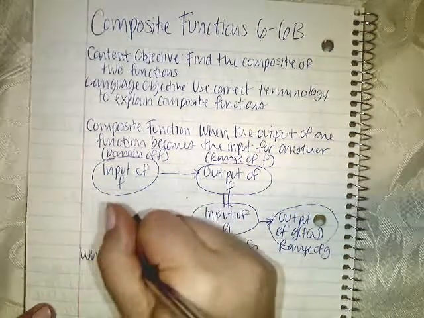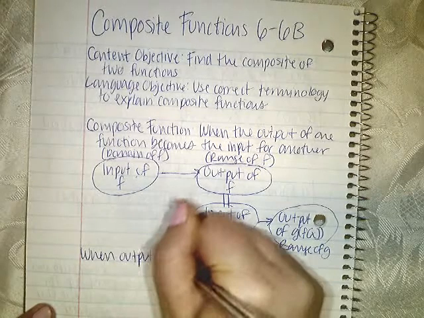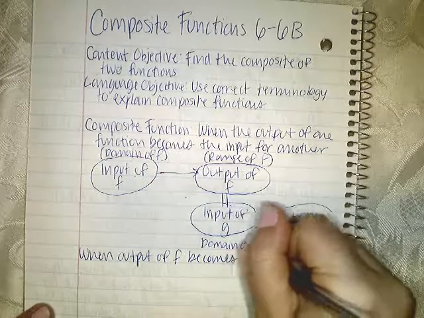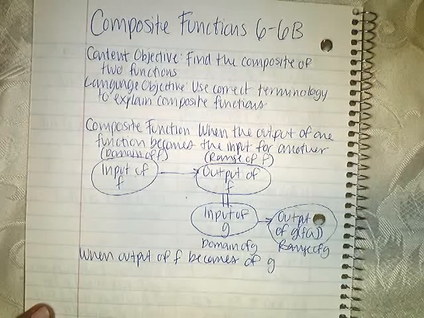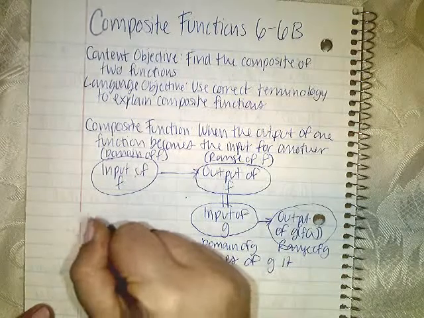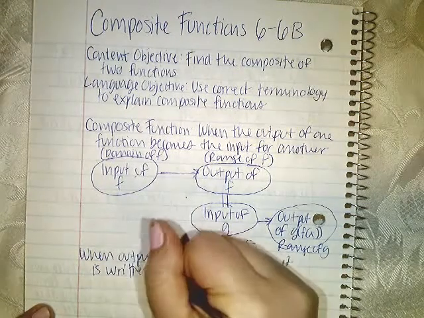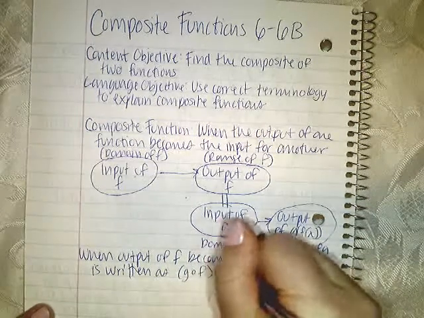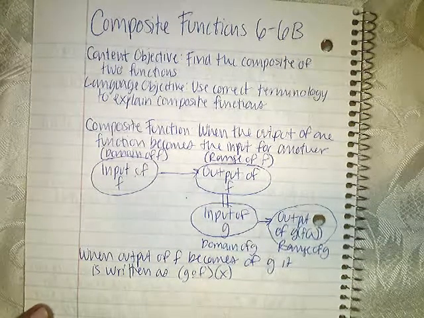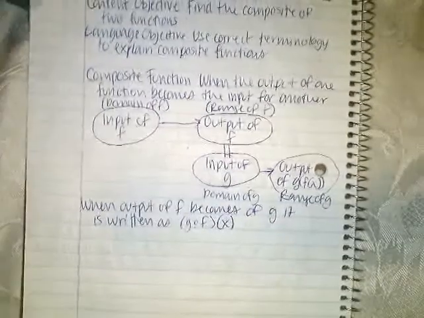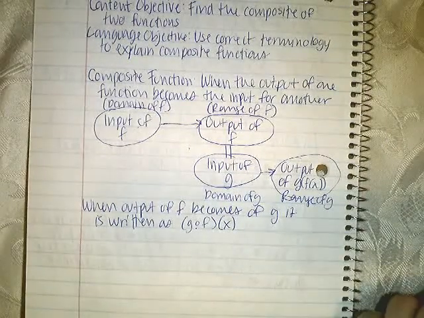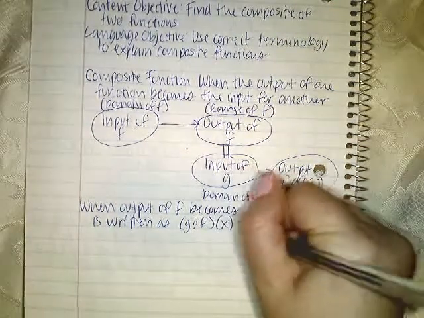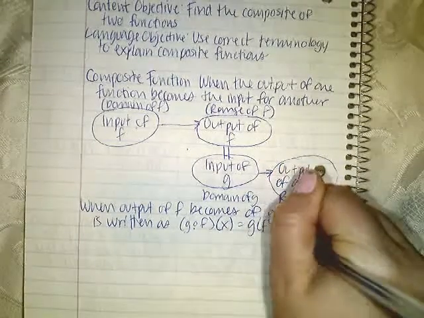So when the output of f becomes the input of g, it is written as g of f of x. And notice that this is the open circle, so this is different from multiplication. When you have an open circle with two functions, it implies a composite function, and it's read g of f of x. It means that we have the function g, and we've plugged in the function f of x